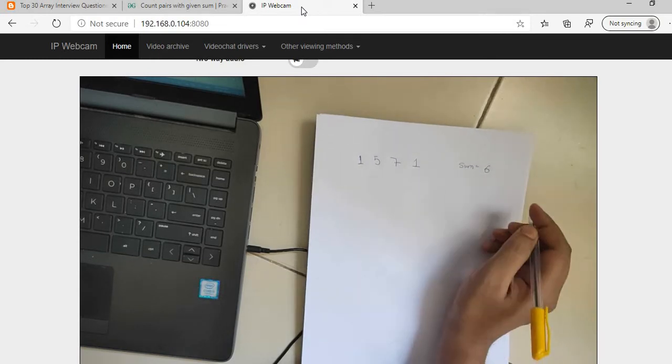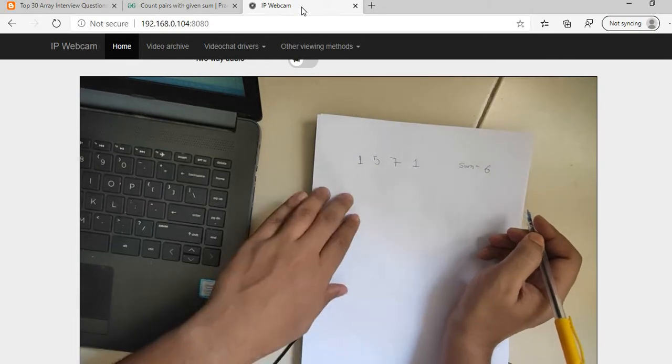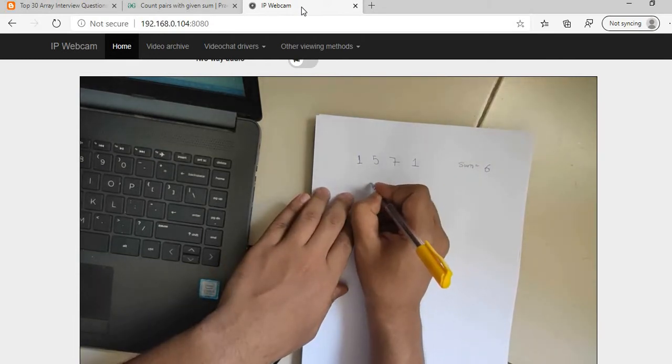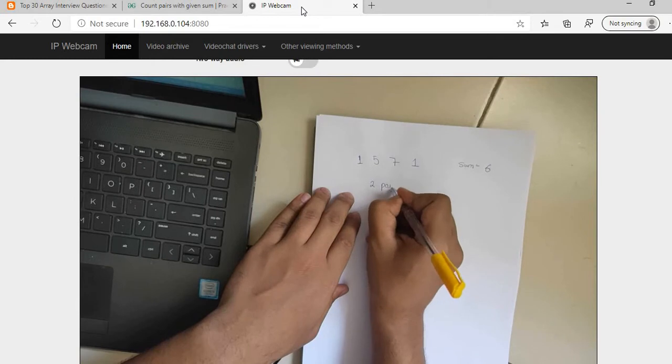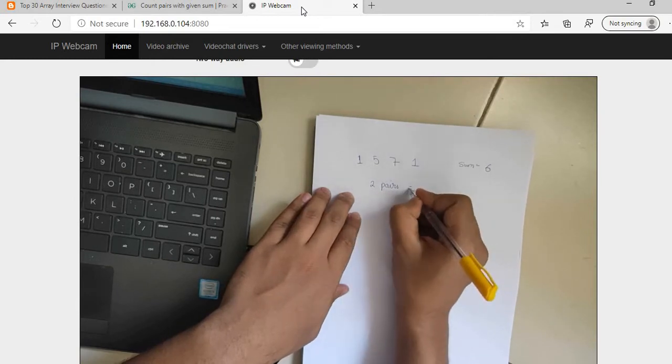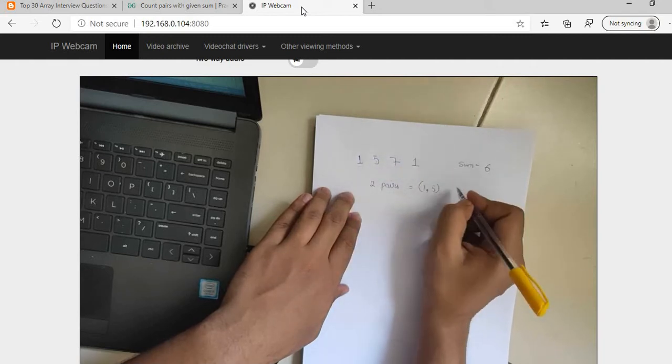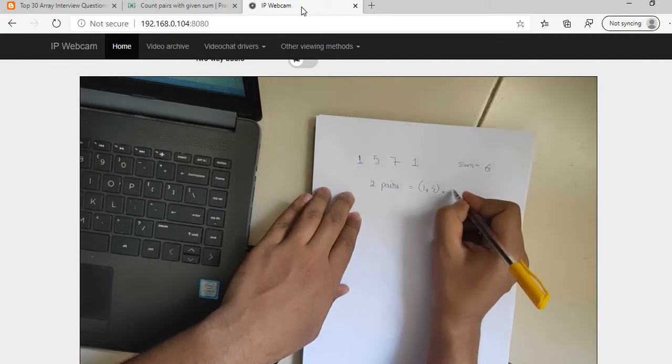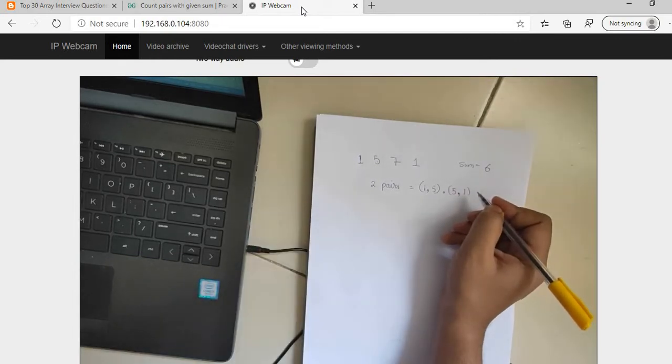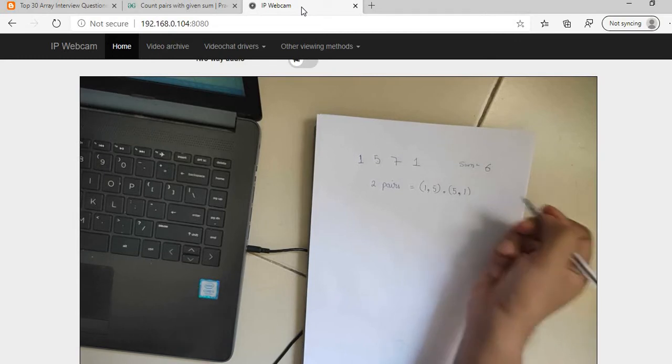So how many pairs are there which add to make 6? 2 pairs, which are 1 comma 5, this one 1 and 5, and another pair is 5 comma 1. Answer should be 2.